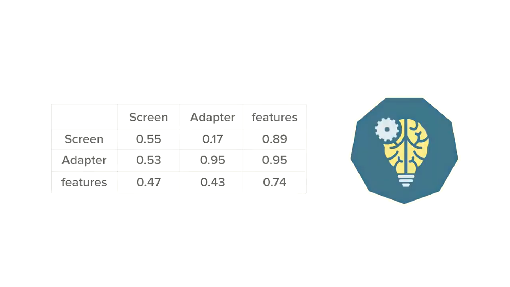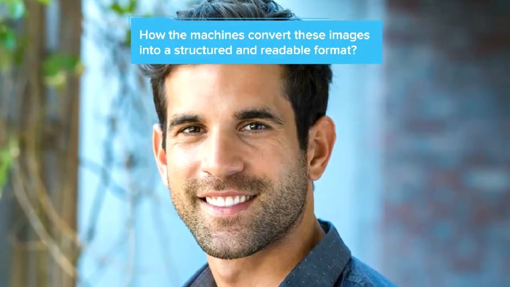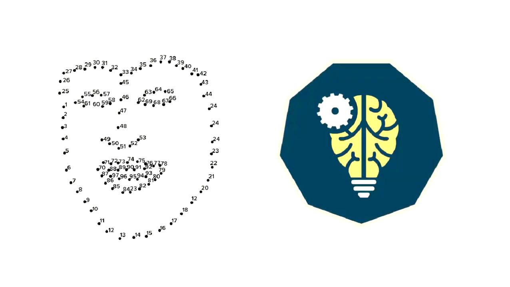Now let us consider another example. We have images of persons. Let us find out how the machines convert these images into a structured and readable format. First of all, the machine transforms and captures the images into a format where only eyes, nose, lips and jawline are visible. Next, it breaks the captured image into 128 pixels and creates an outline based on the image. Next, it assigns values and creates a matrix based on these pixel points. The matrix is unique for each person's image. Once we have the unique matrix, the machine very easily reads that data as it is in a structured format